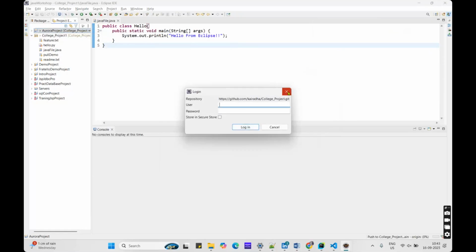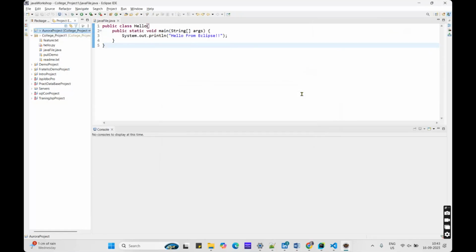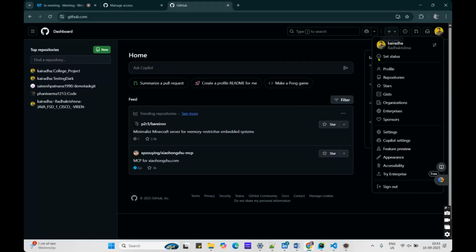Okay, so this is how we need to perform in the Eclipse. I think I have some issues with my details, so we'll go with another IDE, which is nothing but Visual Studio. I also have that. So in Visual Studio,